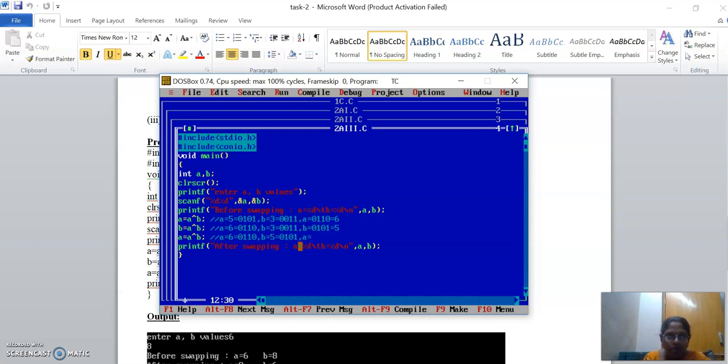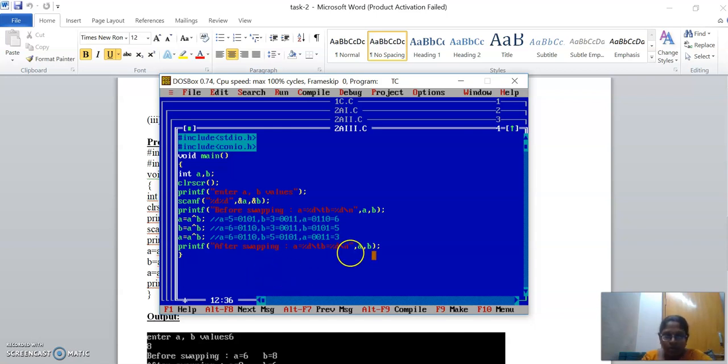A is 0 and 0 is 0, 1 and 1 is 0, 1 and 0 is 1, and 0 and 1 is 1, which is equal to 3. So finally, B is equal to 5 and A is equal to 3. In this way we perform the swapping of two numbers using bitwise operators.